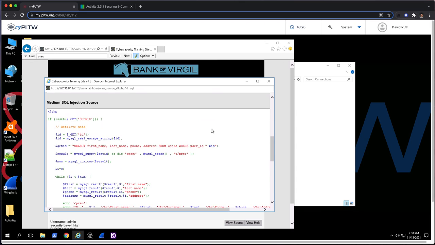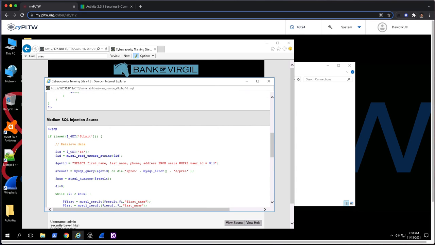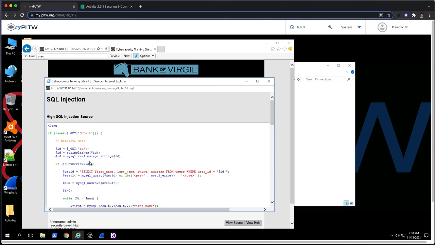In the medium, they replace characters that could be used, not all of them, but I believe what this one does is it will take things like apostrophes and make it so that you can't actually inject an apostrophe into the SQL. And then the other command that happens on high is strip slashes, which gets rid of slash symbols that can be used